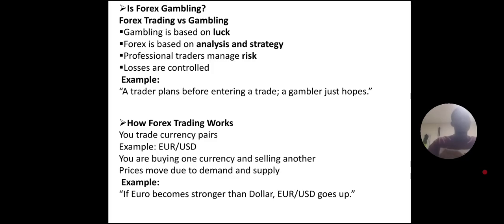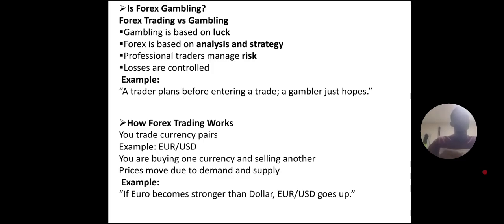People have been trading forex for years. Professional traders have been trading, people like Jesse Livermore, Paul Tudor Jones, great traders. So it's not gambling stuff. It's based on analysis and strategy. You have to understand what the market is doing, what the market is saying, and you have to understand you as a trader. What are your risks? What are the things you can take as a trader?